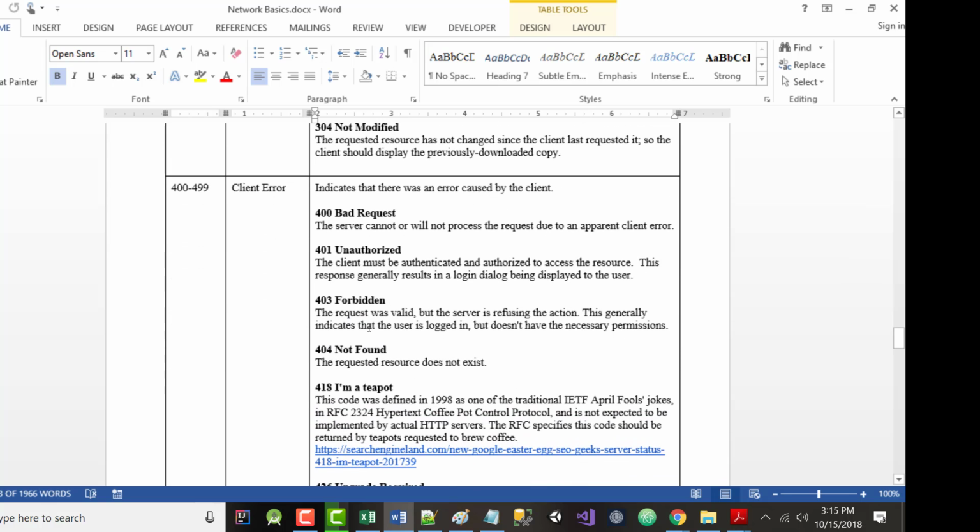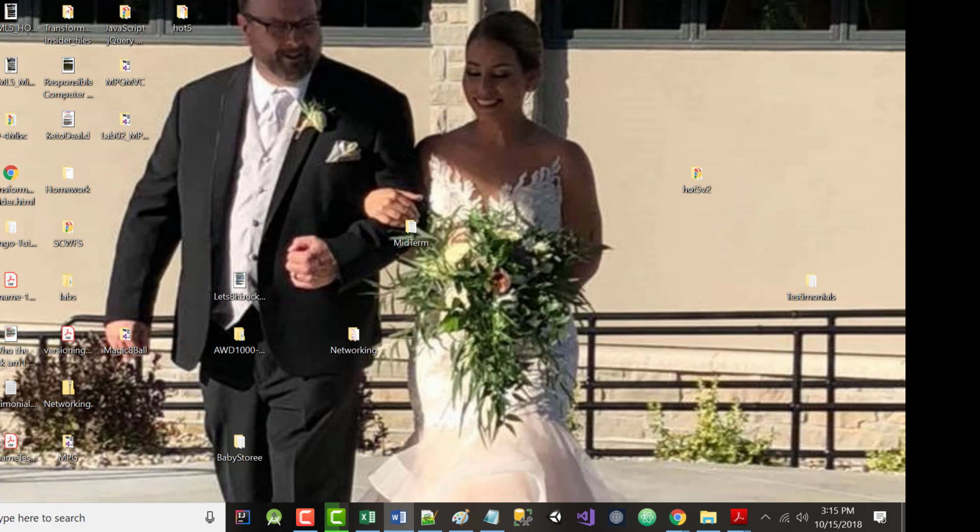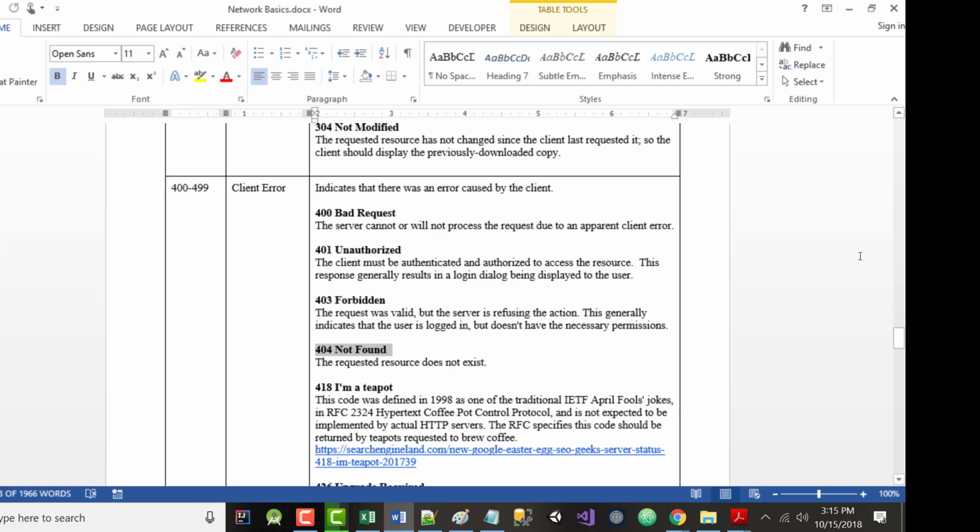Probably the request that people get most often that they can't stand is that one, a 404. Anything in the 400s is not good. It's an error. 404 is file not found. So if you try to link to a file and you spell the name wrong, as an example, or you give it a wrong path, or if somebody removed the file, you're going to get